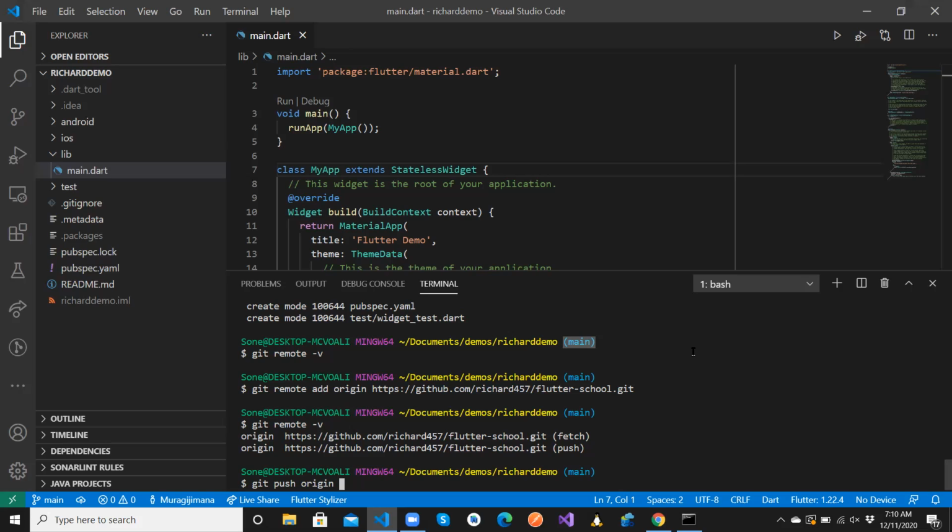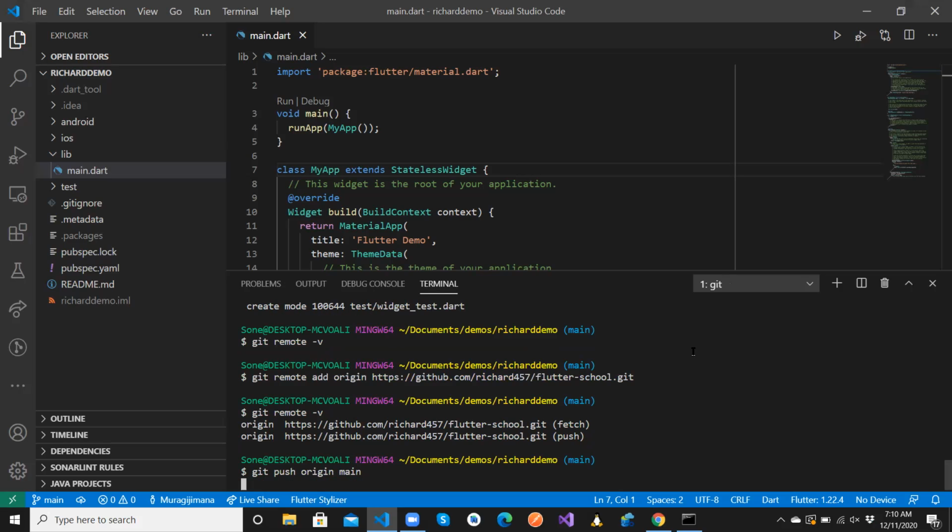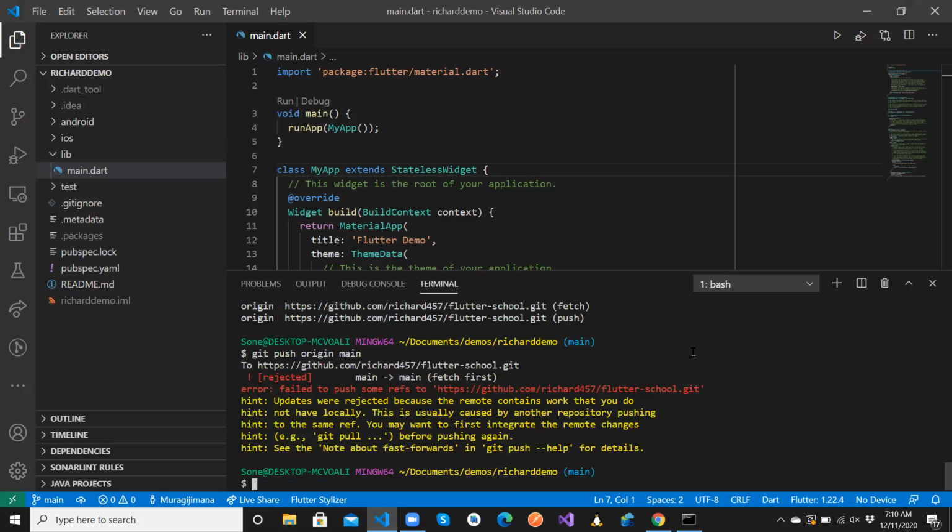But right now, I'm going to push one branch called main. So git push origin main. Remember, origin is the remote you are going to push to, and main is the branch you are going to push your code to. If I push, it's going to require me